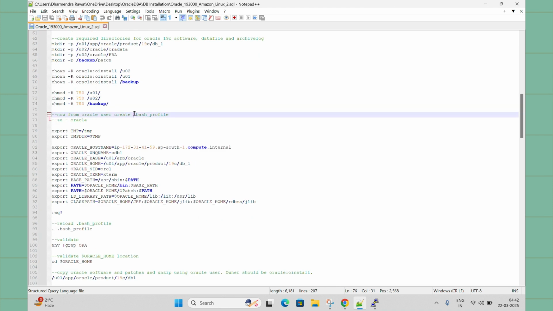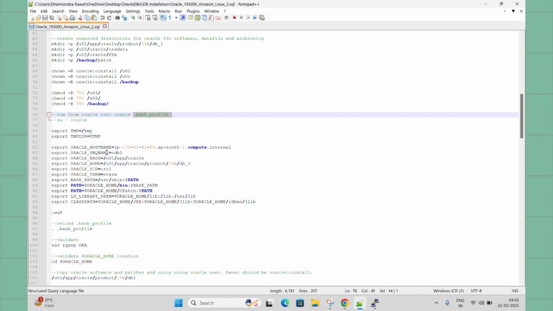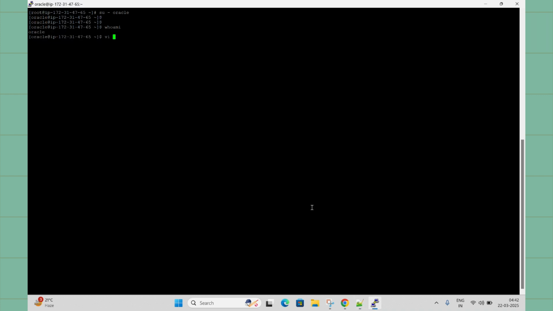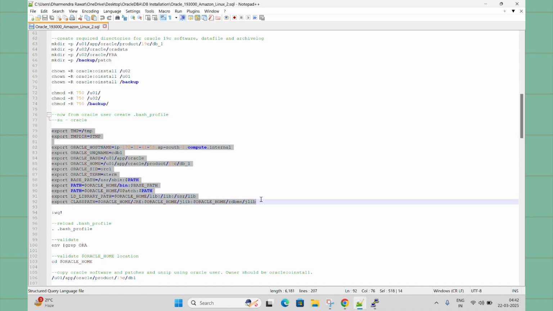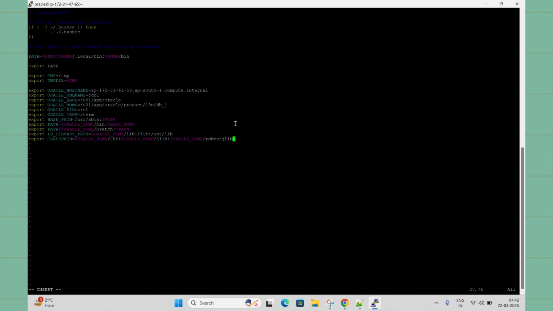So what I need to do now, everything is done from root user. So to create the base profile, I need to switch to the Oracle user. So I'm switching to the Oracle user from root user. Currently I'm on root user, so switch to Oracle. Right, now whoami, it will ask who am I. This is the Oracle user. Okay, what I will do, I will create a base profile. Okay, vi, this is the base profile, escape, and you can go to the end of this file. Here you need to put these entries, all these entries. Okay, these entries in the base file, and you can save.